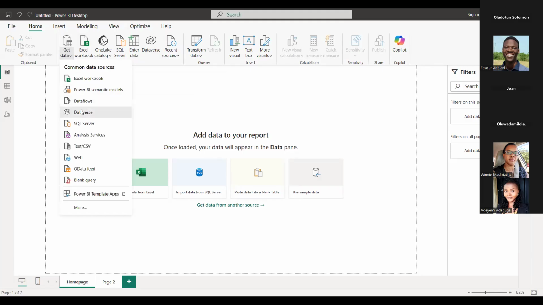All these are data sources that you can bring in data from. I hope you know that SQL Server belongs to Microsoft as well. So it means you can navigate in their workspace, connecting both of the applications together. For the sake of today's class, we are going to be importing data from a spreadsheet. It is in CSV format.